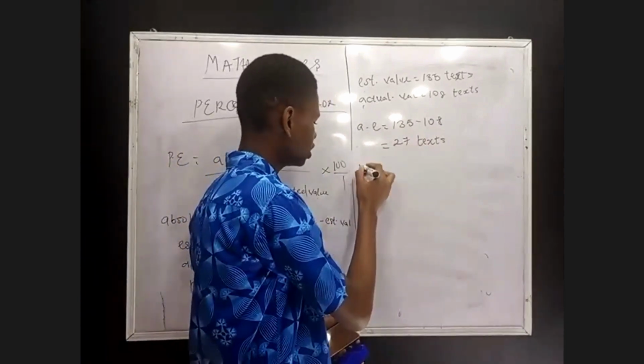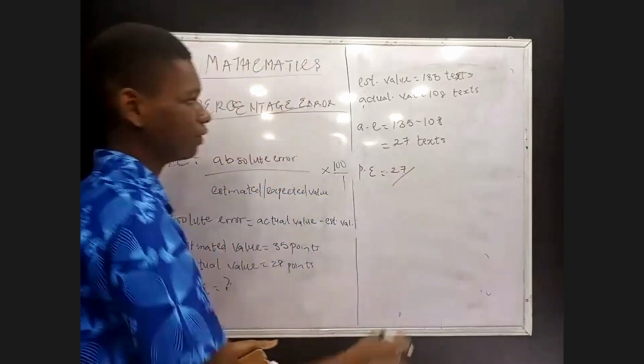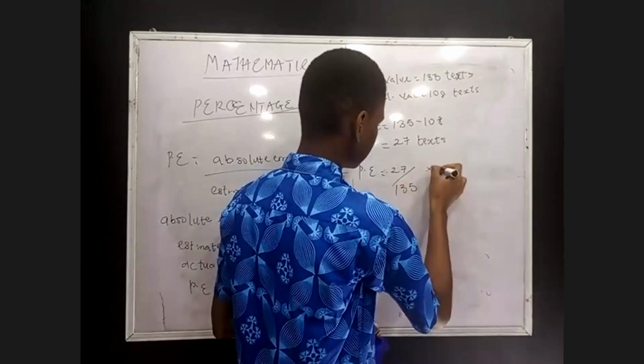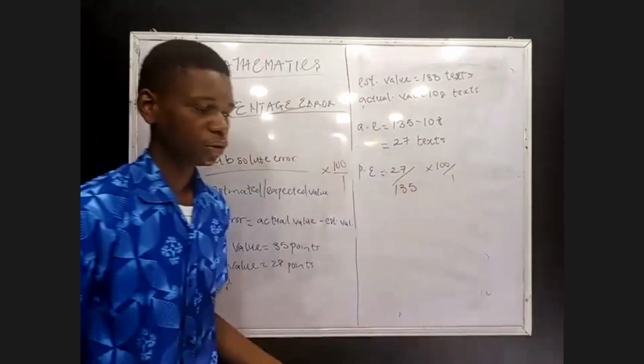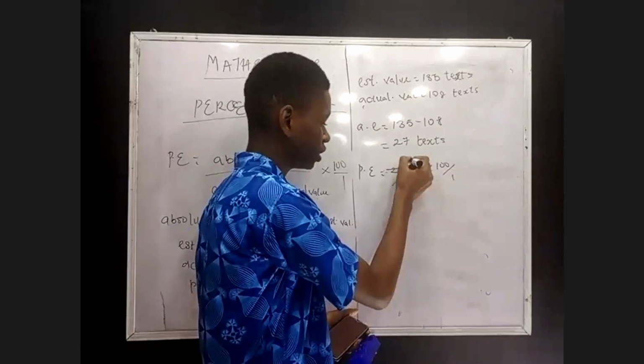So for me to get percentage error, don't forget, absolute error 27 divided by the estimated value. What is my estimated value? My estimated value is 135, times 100 over 1. So for me to get this, I can divide this 27 by this. I say 27 can go here 1,